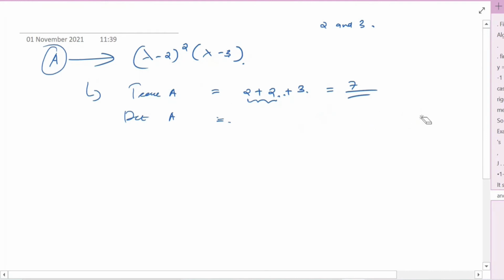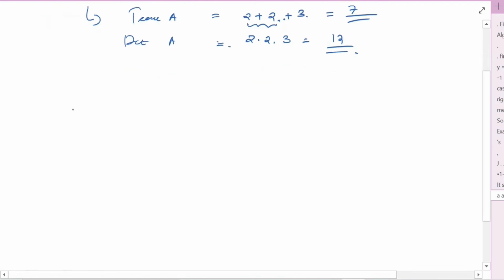Similarly, the determinant is the product of eigenvalues. That will be 2 into 2 into 3. So it will be 4 into 3, that is 12. 12 will be the determinant. Another example, what will be